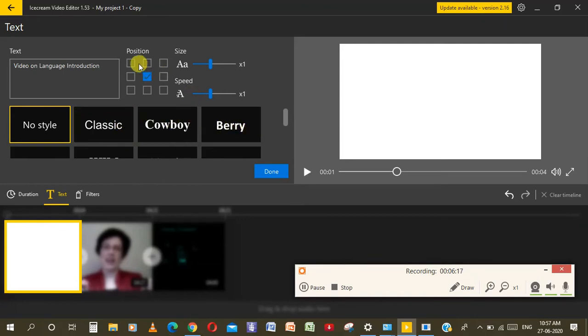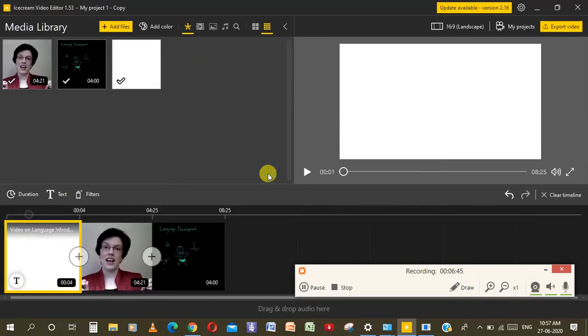this is over. Now this is the position where you want this particular writing, whatever you have written here. If you want it in between, click here. If you want it at the top, you have to click here. If you want it on the lower part, you have to click here. Now let us say I want it here in between. Let's see how it shows. If I start, it will appear like this. Just a minute, let me go for it.